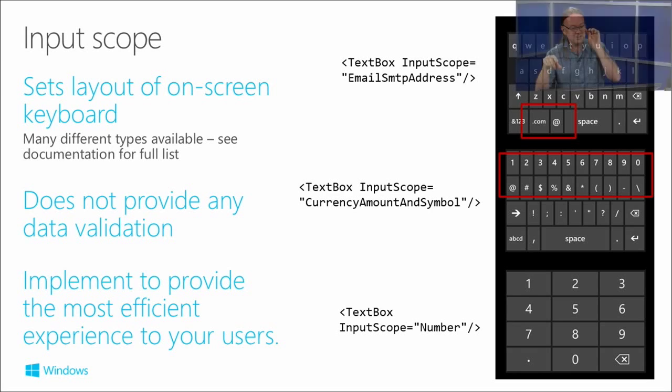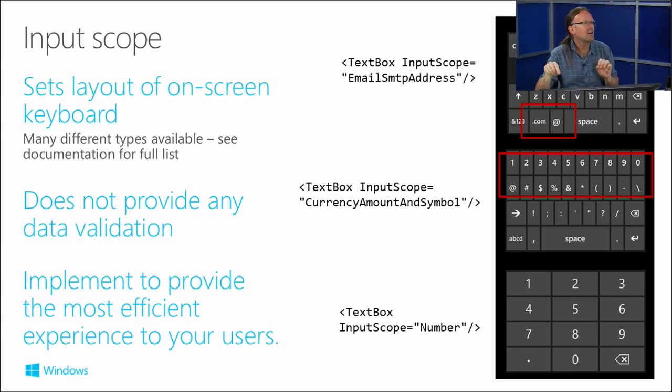Now, these don't actually limit the kind of data they can put in, because you could have a user that has copied some text in an email, OneNote or whatever, and then they're in your app and you put this nice number input scope up, but they will quite happily choose to paste the text into your text box. So you must still obviously put code into your app to verify the data that they've entered. But this obviously encourages your users to put the right kind of input in an easy way.